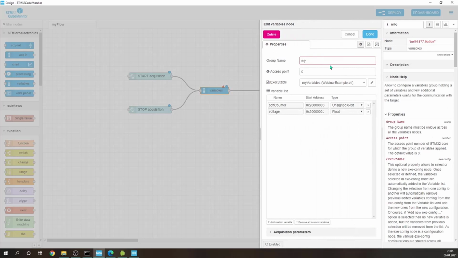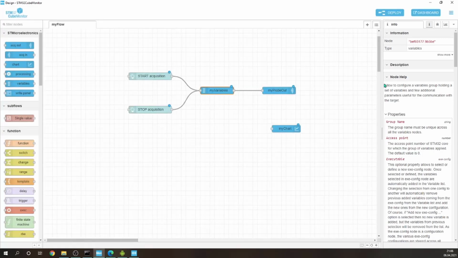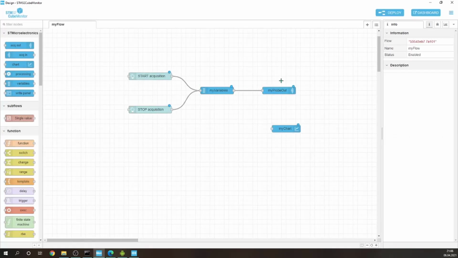Let's put there also my variables group. And you can see it listed those two variables, and it is enabled. We can disable it as well, but now we can enable. It is already done. Okay, it seems we should be able to write the variables now,